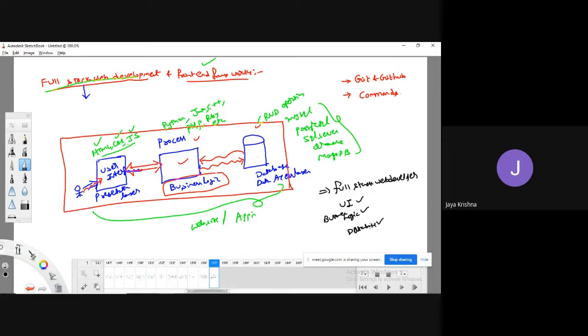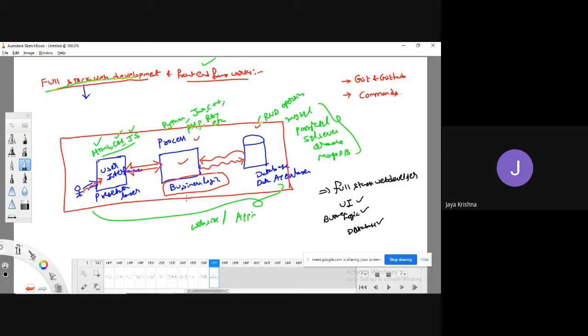This is what we call full stack web development, meaning the collection of presentation layer, business logic layer, and data accessing layer. If any particular person develops the entire application alone, we can call him a full stack web developer.